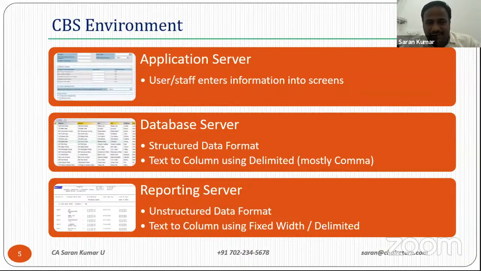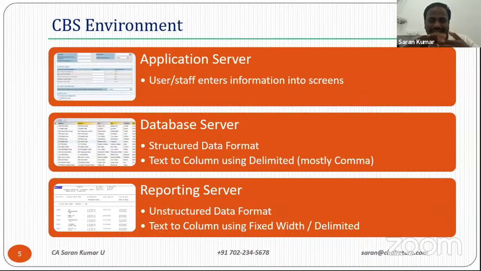But how are you going to get the data if you don't have access to the database server? We get the data from the reporting server, because not just for chartered accountants or auditors, they make reports at the backend. They create reports for many things. For regulators like RBI, they may need to send one report every week, or fortnight, or monthly, or quarterly, or yearly. For that reporting, they automate and keep it in report format. They design reports at the backend for the management to take better decisions. And some of the reports are exclusively for the auditors to verify.